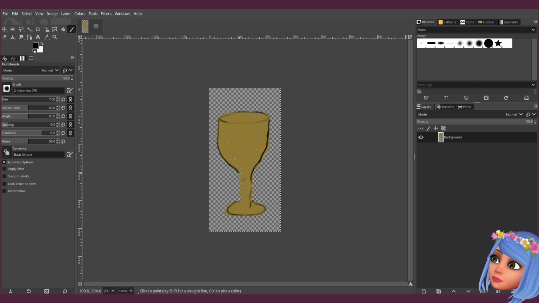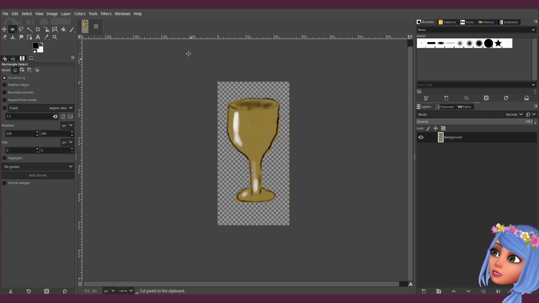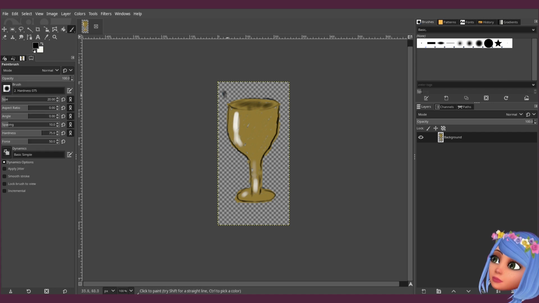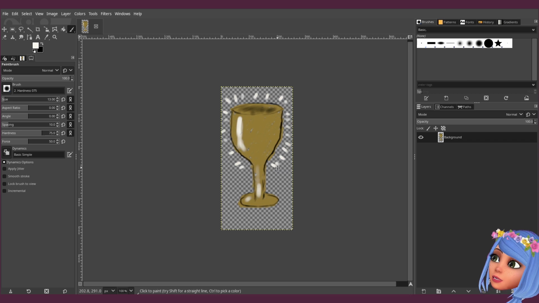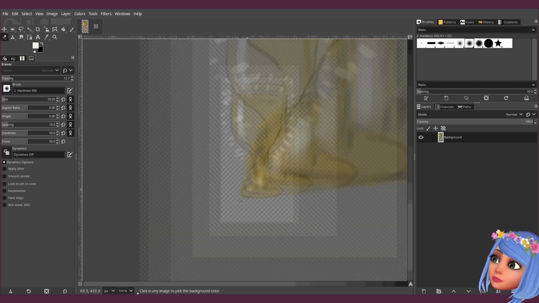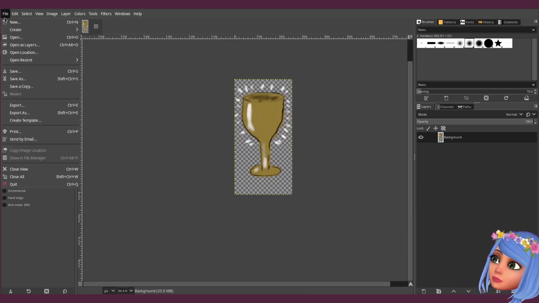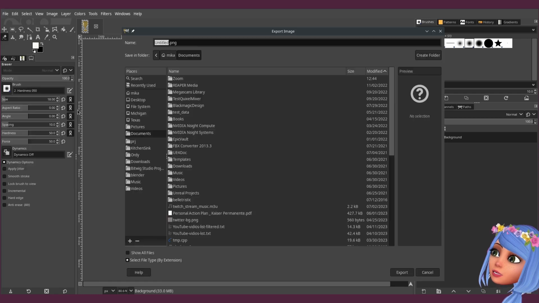Come on, I cannot draw straight line. So, and make this thing slightly darker maybe. Here we go. Okay, maybe this is better a little bit. Okay, let's stop bike shading.